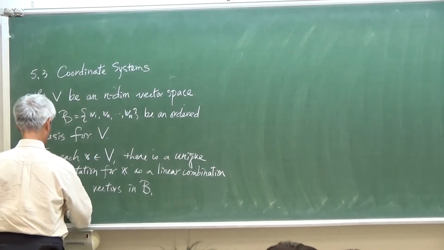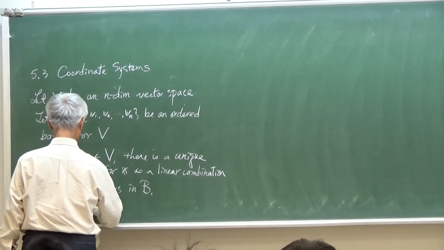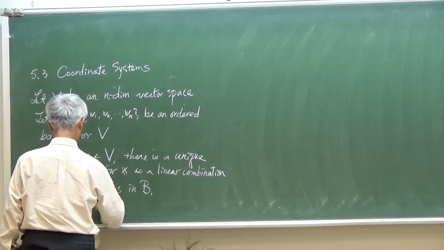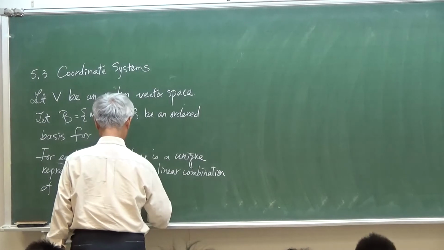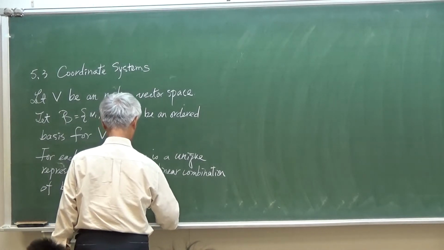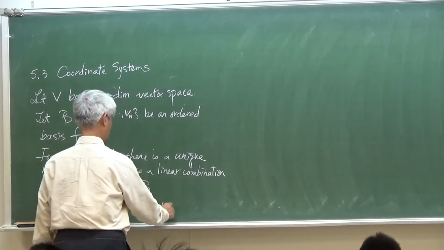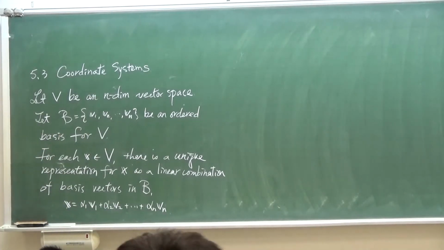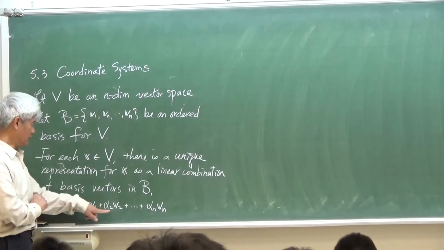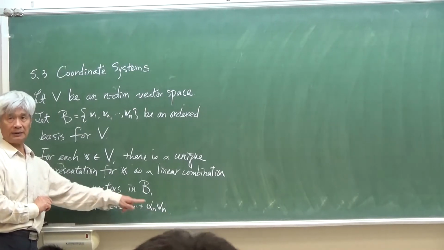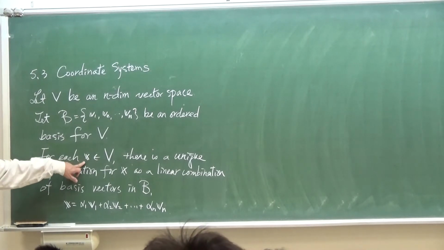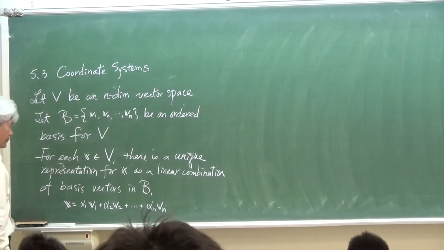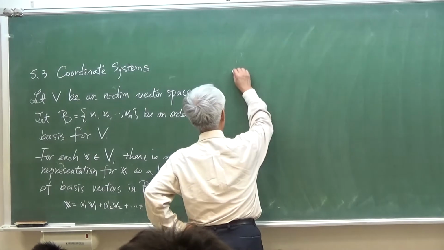So x is actually equal to alpha 1 v1 plus alpha 2 v2, and so on. Okay, so we have a unique representation, which means that the coefficients alpha 1 up to alpha n are determined uniquely by the vector x. And we call